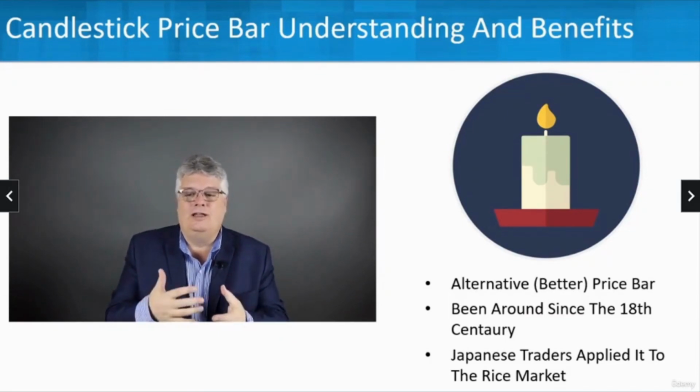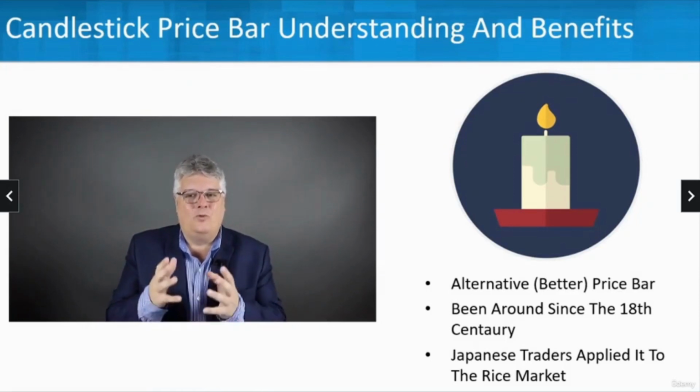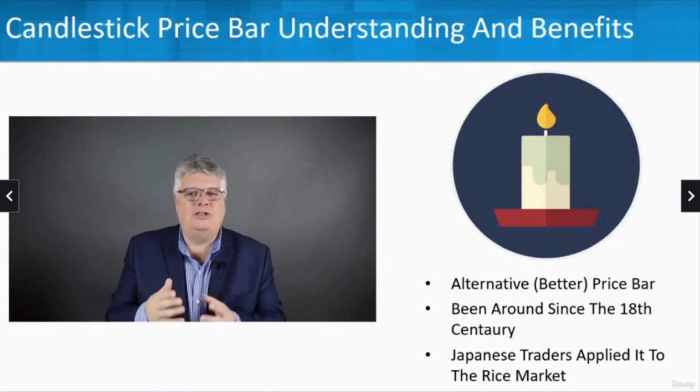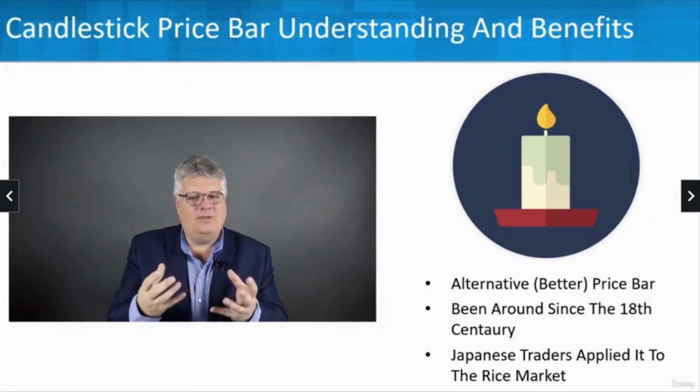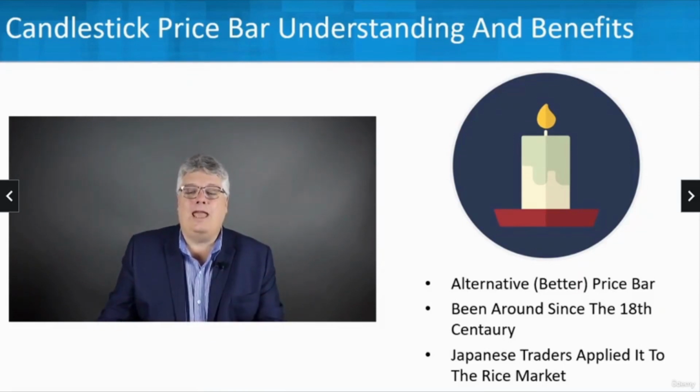They're a better alternative, and they've actually been around a long time, since the 18th century. They're called Japanese candlesticks because they originated in Japan, where traders were applying them to the rice market back in the 18th century. So this is not some new voodoo or anything like that. These are really well-established things that you can use by understanding the pricing, but also how these different price bars interact together, and looking for some candlestick patterns that we're going to learn about as well